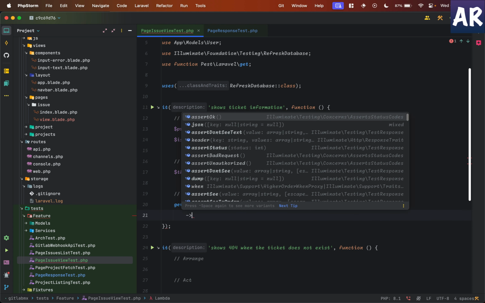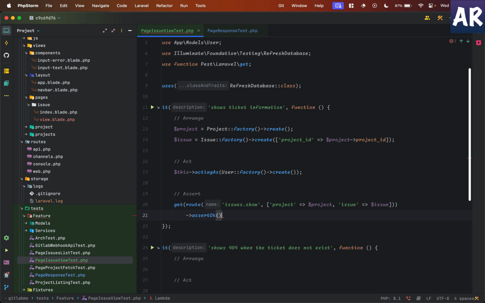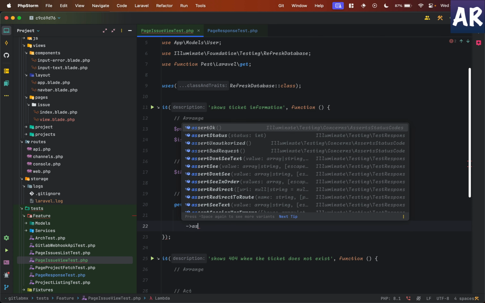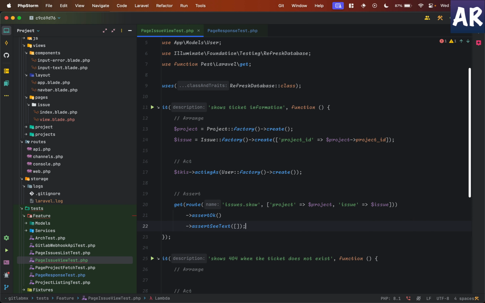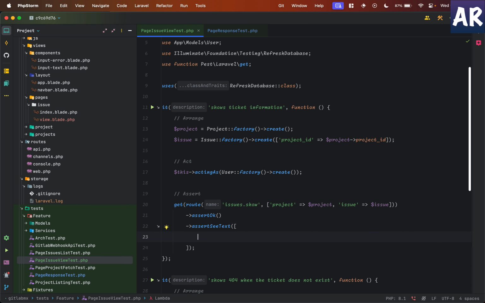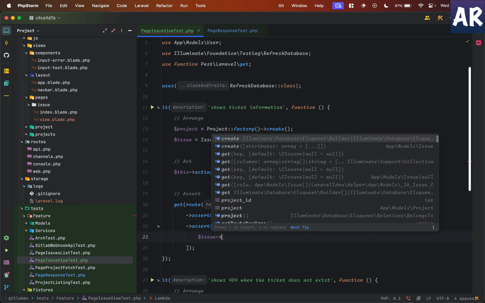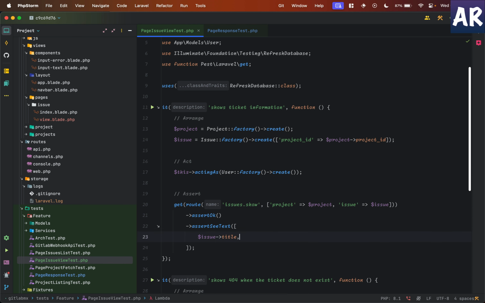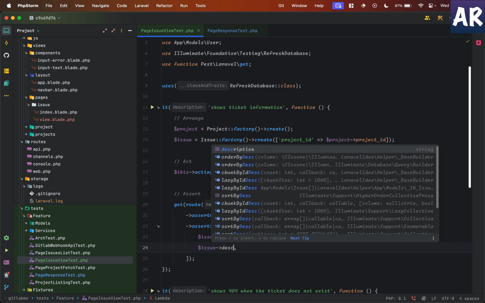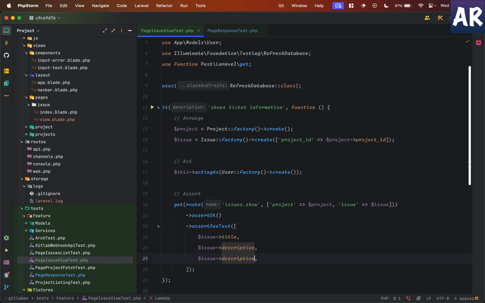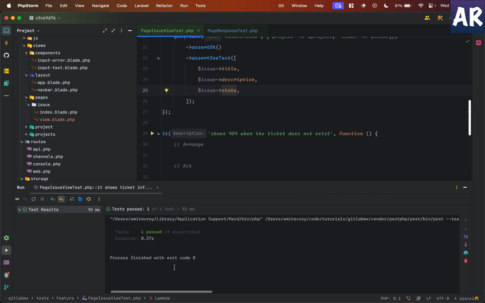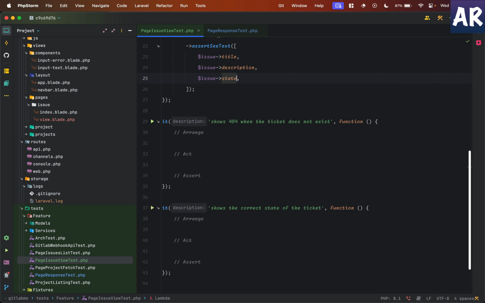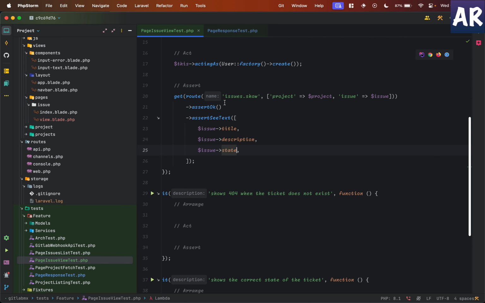Okay. Assert OK and assert see text. What all things do we want to see? We want to see the issue title, description, and the state. So if I now run this individual test, it is passing, which is good news. If I, for any reason,